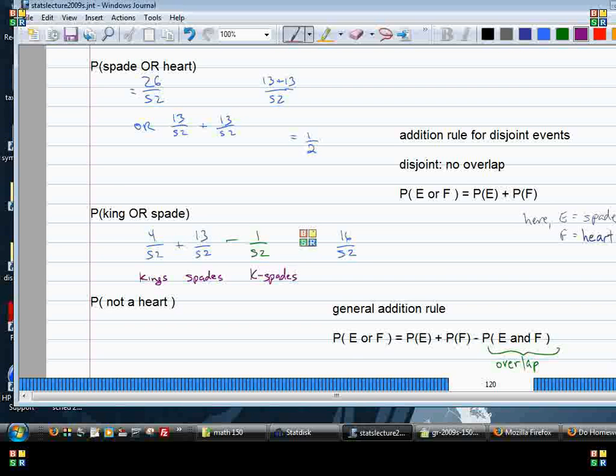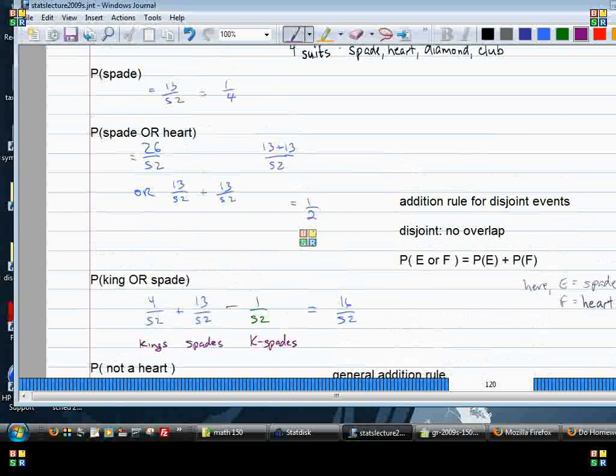Right. There's no overlap, so we didn't discount. So we didn't double count anything. So there's nothing to subtract. Make sense? Okay. Next, what's the